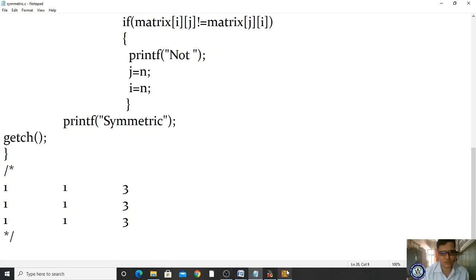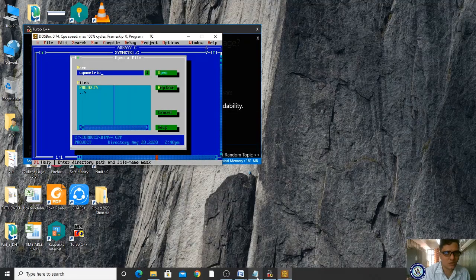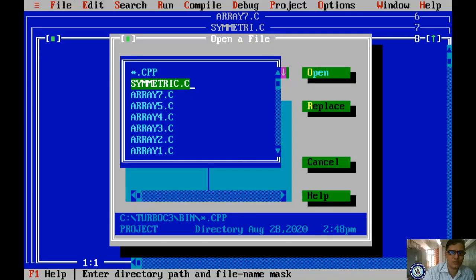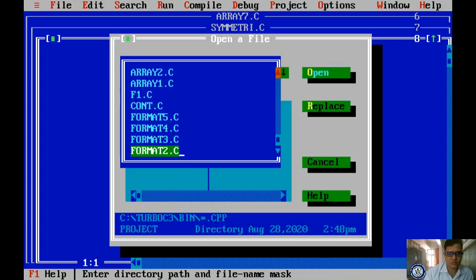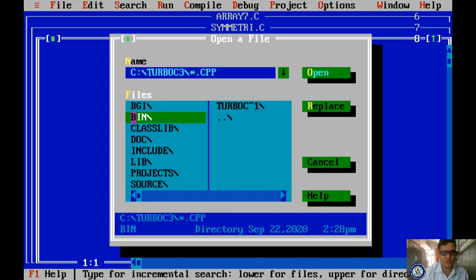Symmetric dot C. Yes, it is symmetric dot C, right? So F3, symmetric dot C is not there. Why? Let me open it. Let me check. Is it there? Not there. Let me check here. Bin.